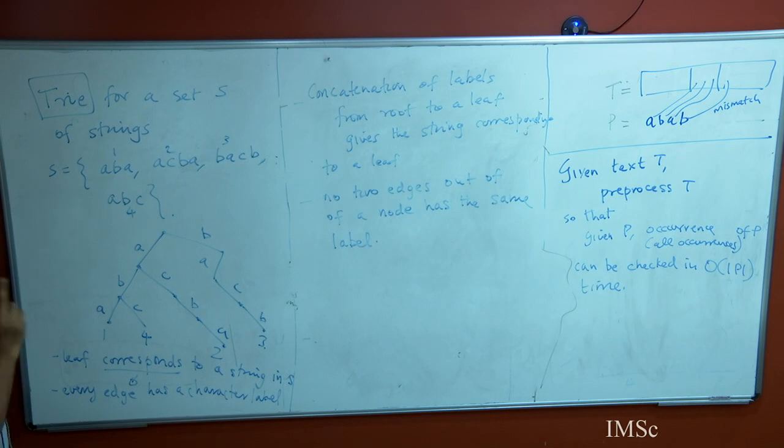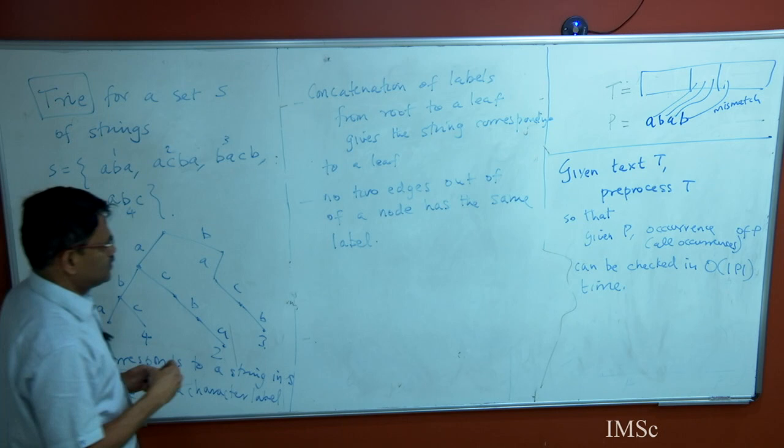So now, is it completely defined? Because it's a rooted tree and every edge out of a node has a character label, and no two edges out of the same node have the same label. A leaf corresponds to a string, and the precise string is you just concatenate the root-to-leaf path, and that corresponds to the string. So in this tree now, if I want to know whether there is a string that exists in the text, how much time will it take? Right? Given